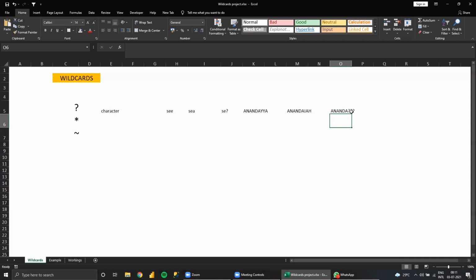That's all. It takes any characters, not only at the end but also anywhere in between, wherever you feel it. But the spelling should be the same length, meaning the number of characters should be the same. Wherever you feel the spelling is incorrect, we place a question mark so the formula can read that word correctly. That is the purpose of the question mark.